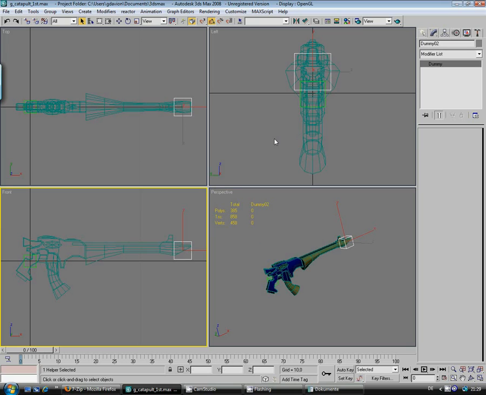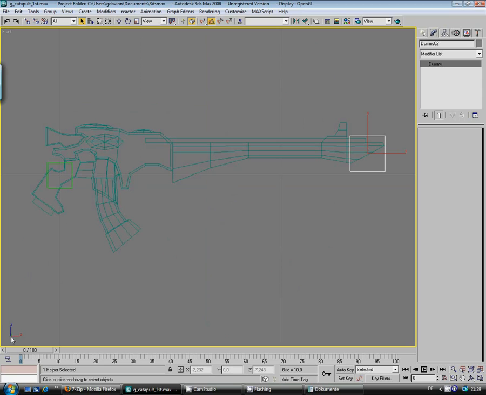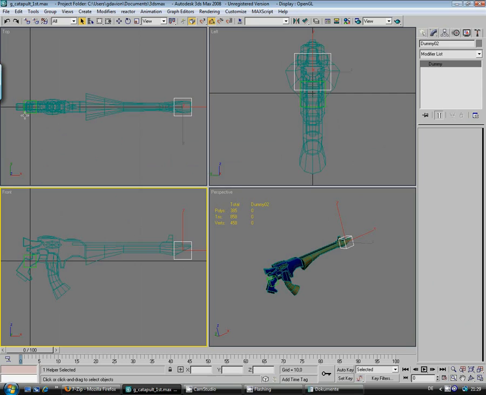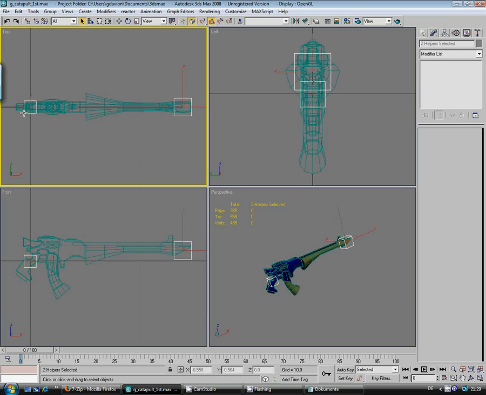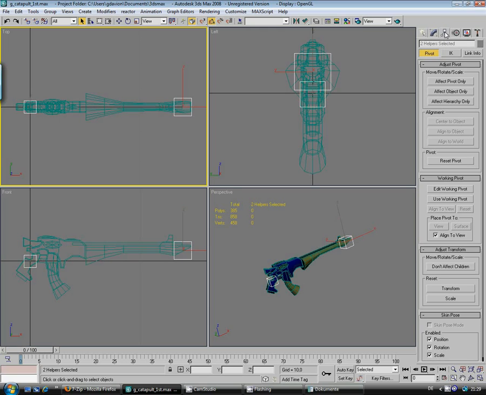Now, to make sure for UT3, same with all the other UT games, the weapons and the bones all need to point down the X-axis. As you can see here in Max, you've got the little pointer there. The weapon is facing along the X-axis, but when you add the helper objects, the dummy objects, I'll just select both, then go up here to the hierarchy. When I click on here, affect pivots only,